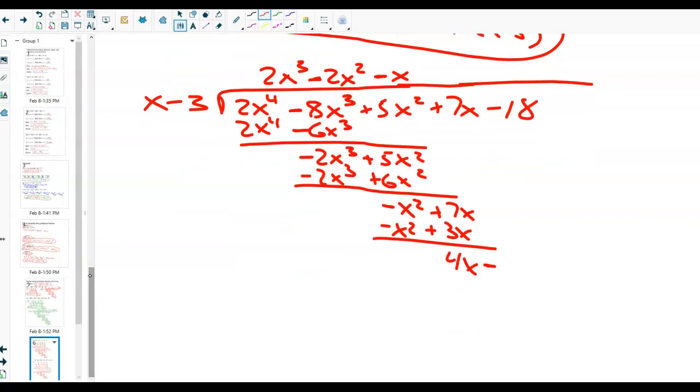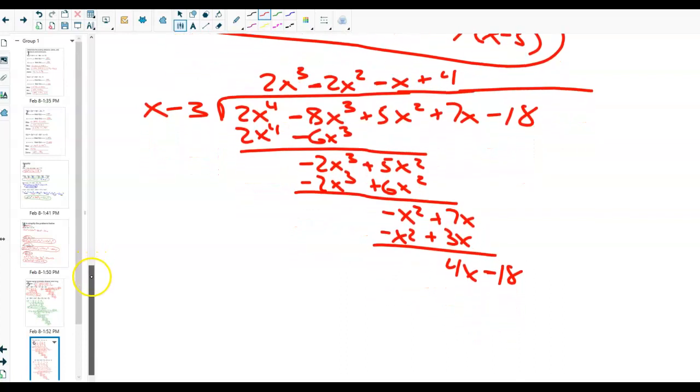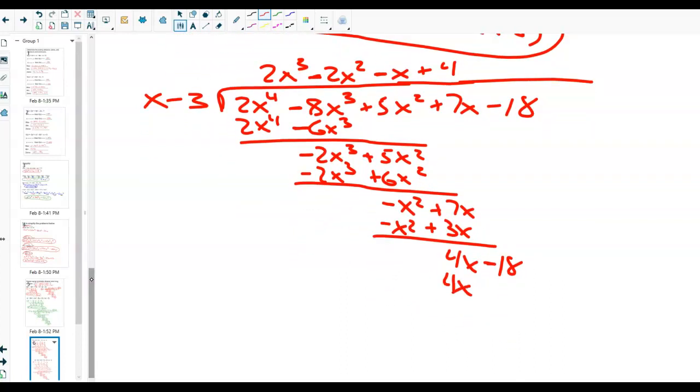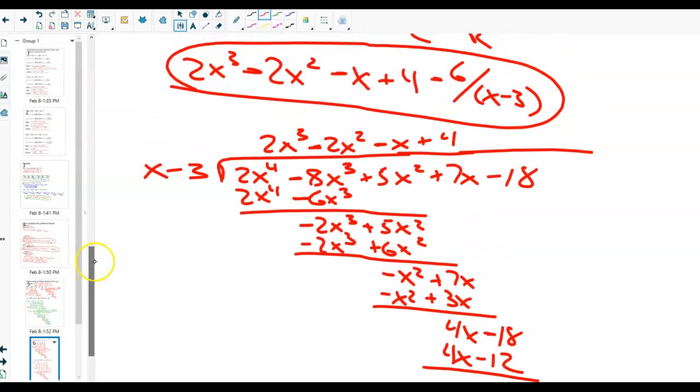4x minus 18. What times x gives you 4x plus 4? And then 4 times x is 4x. 4 times negative 3 is negative 12. Negative 18 minus negative 12 is negative 6. So that becomes my remainder, minus 6 over x minus 3. And if you notice, long division or synthetic division,